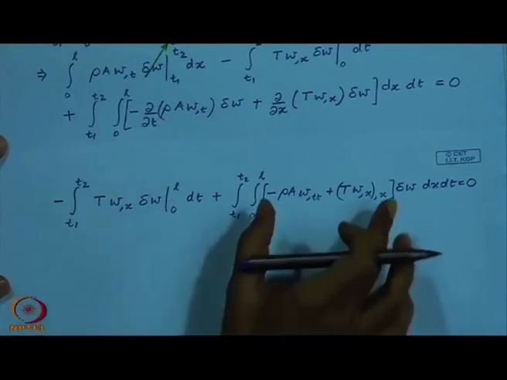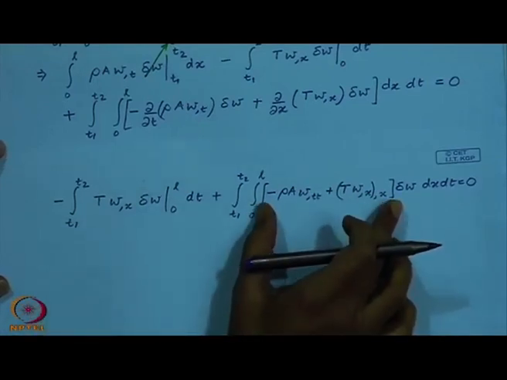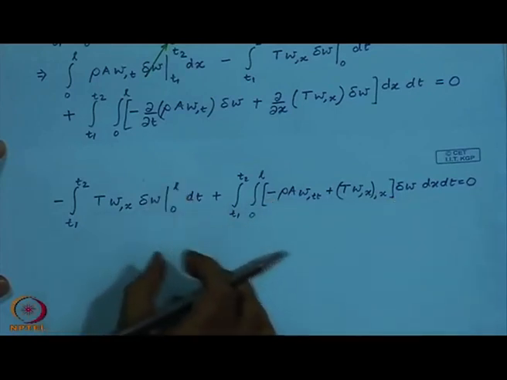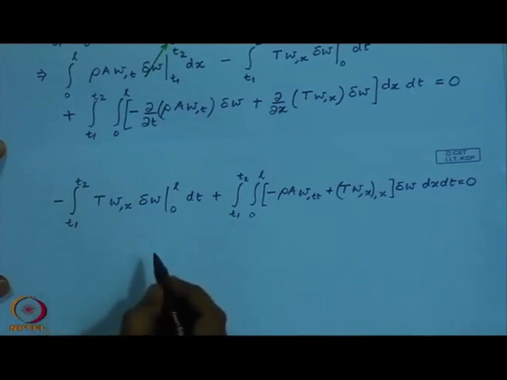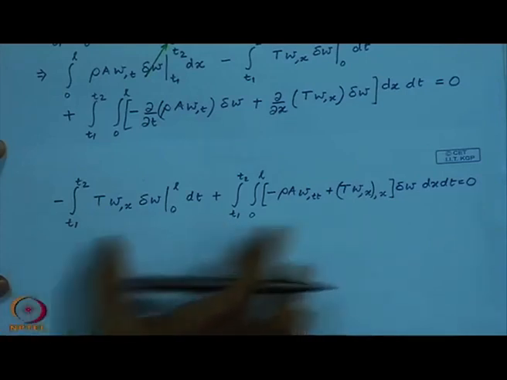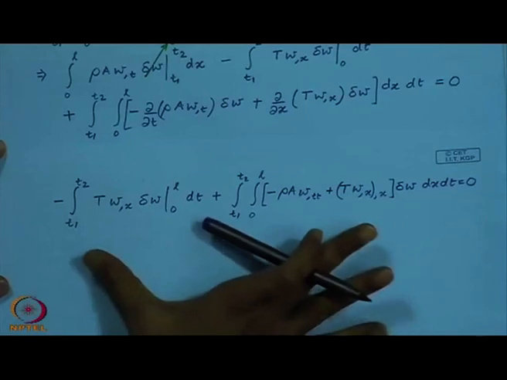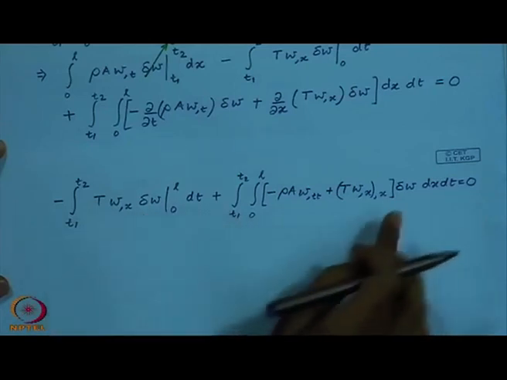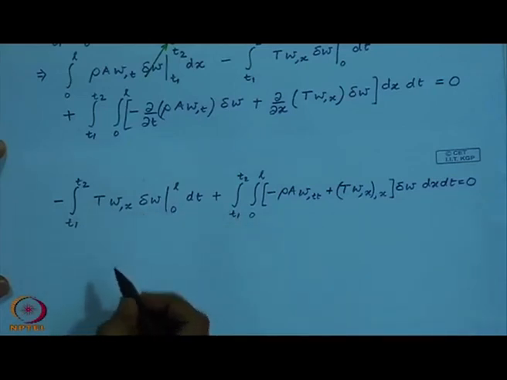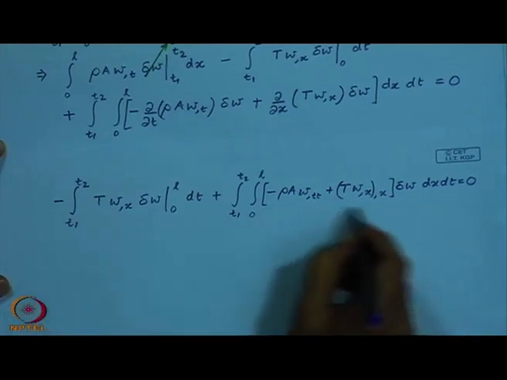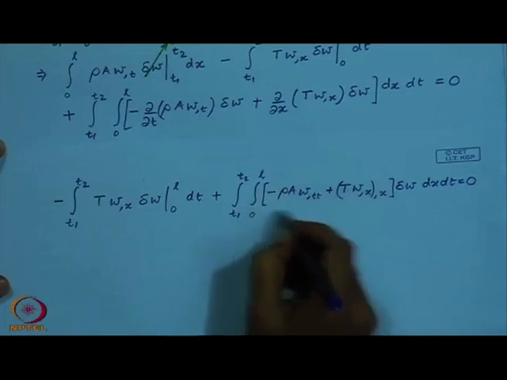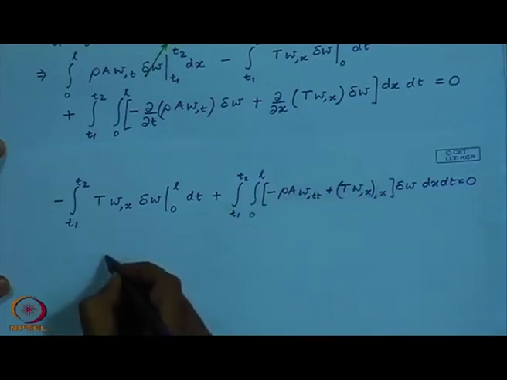So, you can hold the variation over the string as fixed and just vary the boundary or vice versa. So, therefore, if this total expression has to vanish for arbitrary variations delta w, then I must have this integrand here in the square brackets vanish,